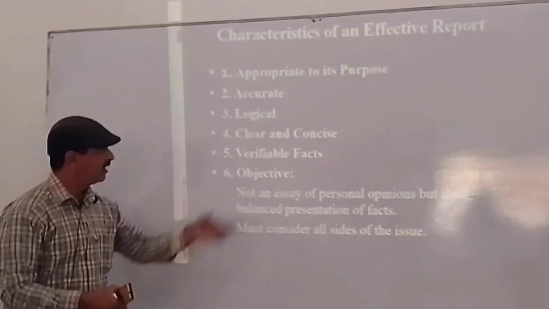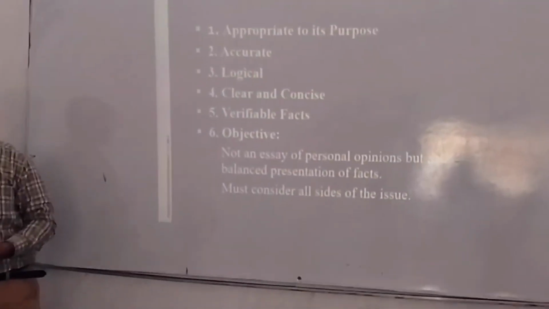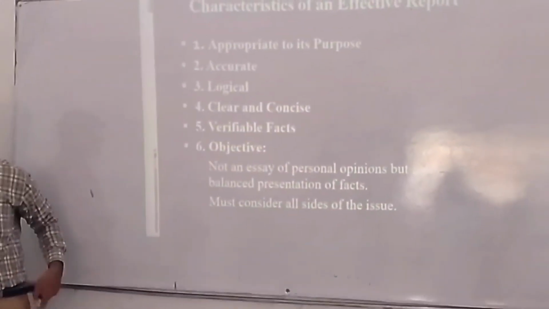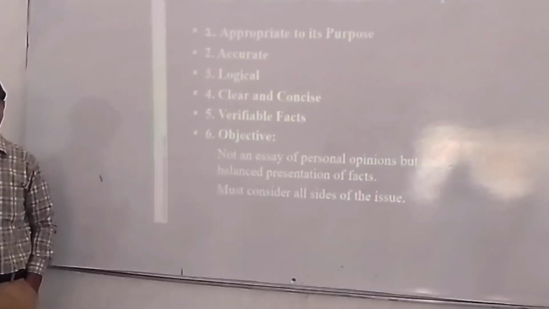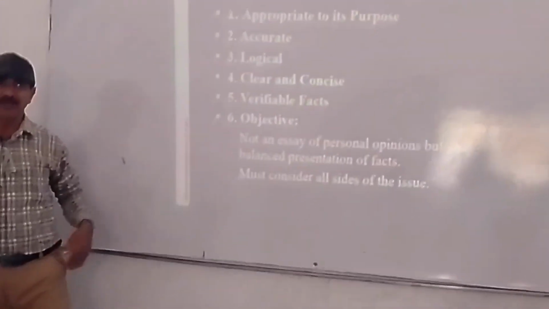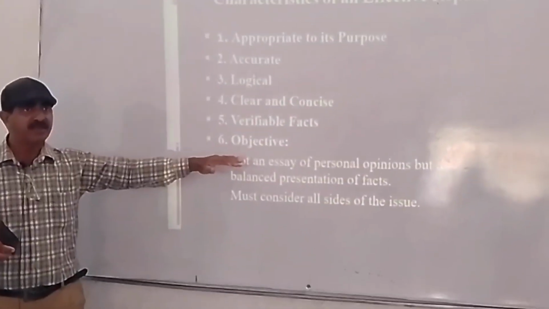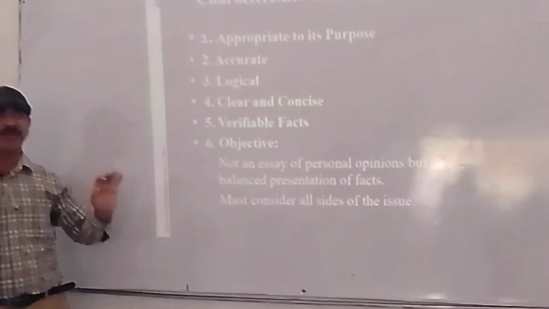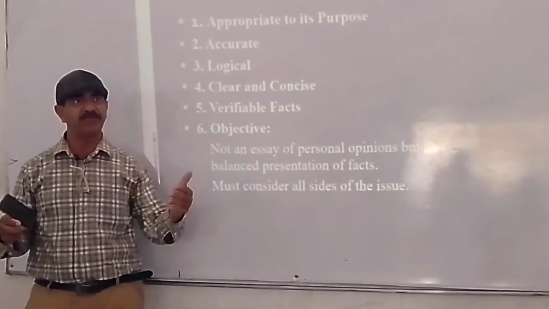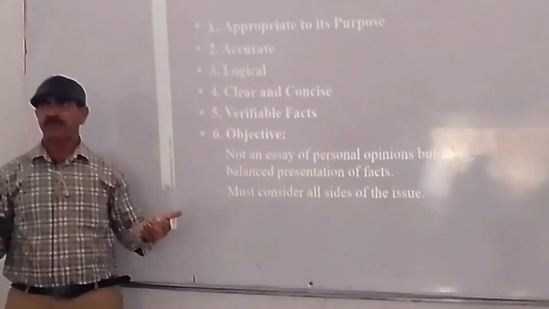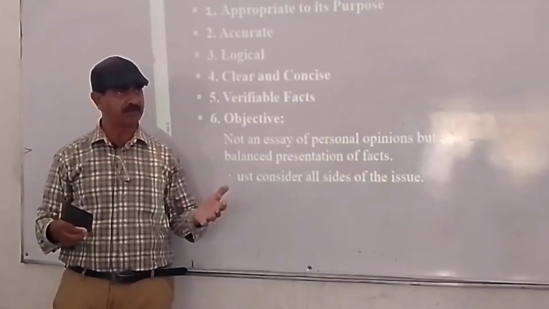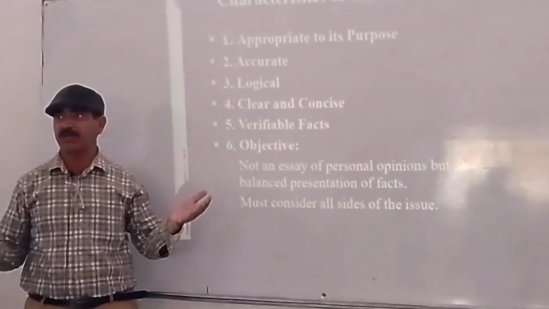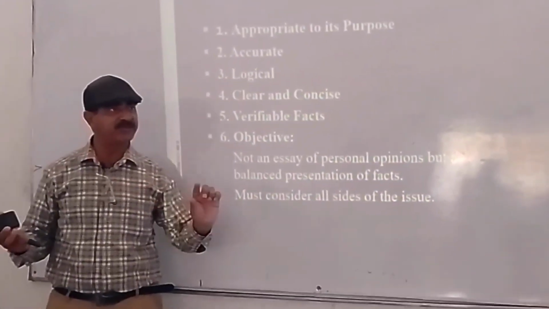Okay, next one. Objective, it must be objective. Clear? What does objective mean? Factual. It should be factual. Avoid putting emotions into it. For example, you have judged the teacher. Clear? You said the English teacher is very strict. It is emotional. This sentence is emotional.